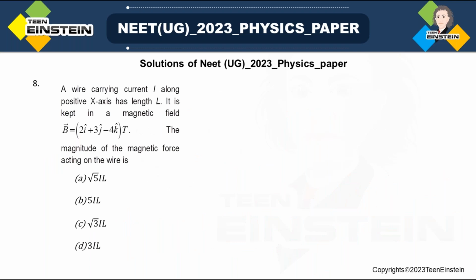This is very simple. A wire carrying current I along the positive x direction. Say this is the positive x direction, and it is carrying current I, and it has some length L. This is kept in a magnetic field. So when there is a conducting wire in the magnetic field, it will experience a certain magnetic force, and that can be written as